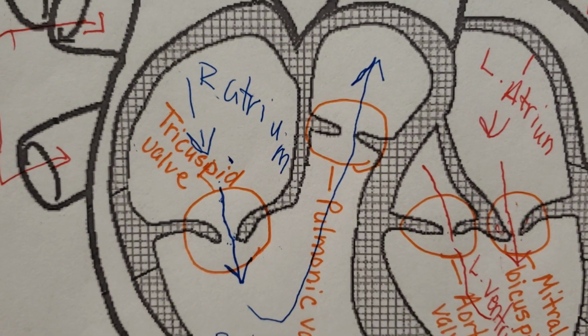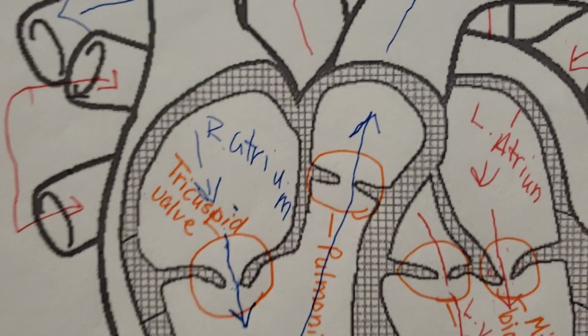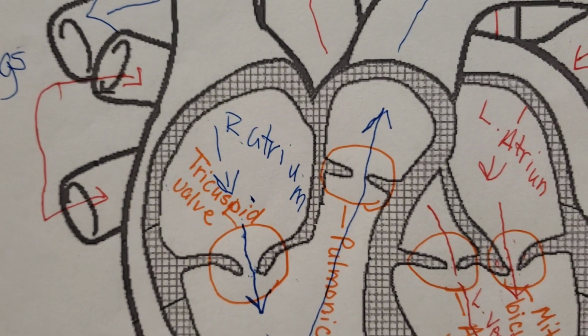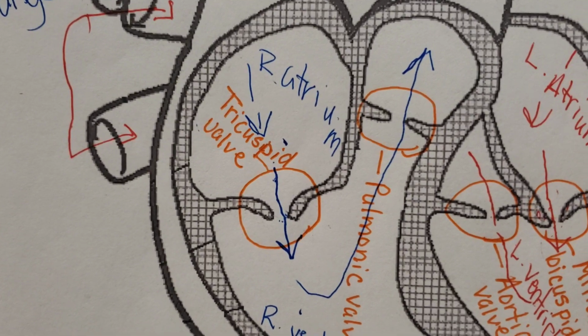Our final phase of systole is called our isovolumetric relaxation. This is where ventricular pressure is at an all-time low, all the blood has been pumped out, and the ventricles are starting to relax, which causes a